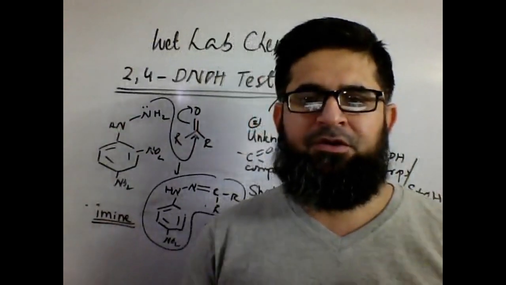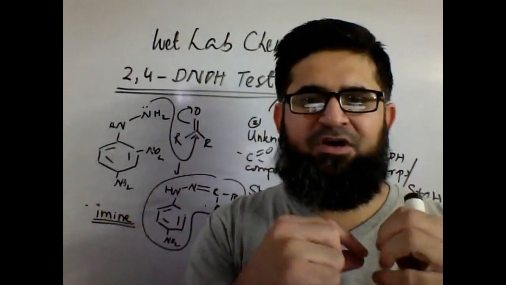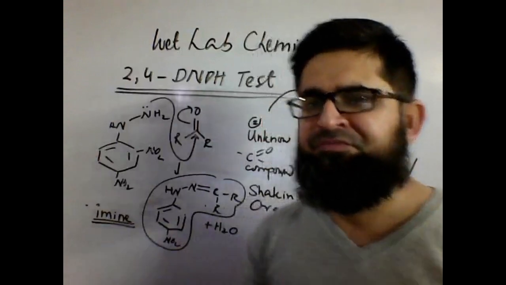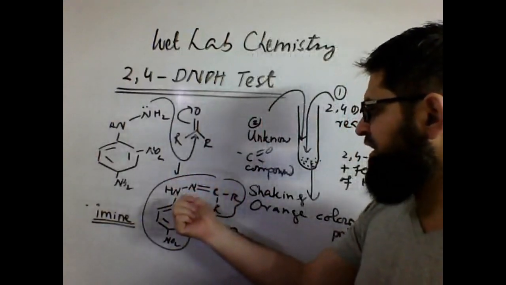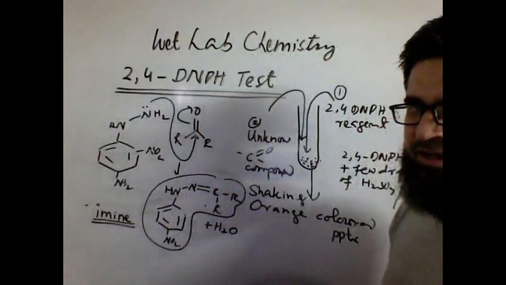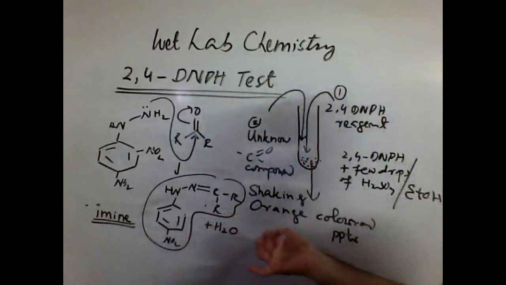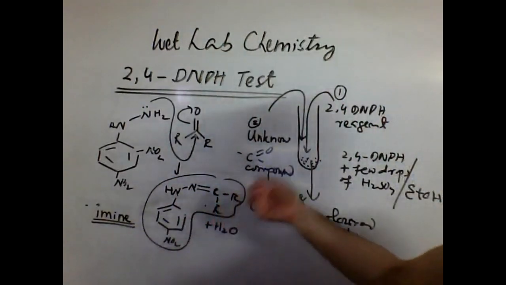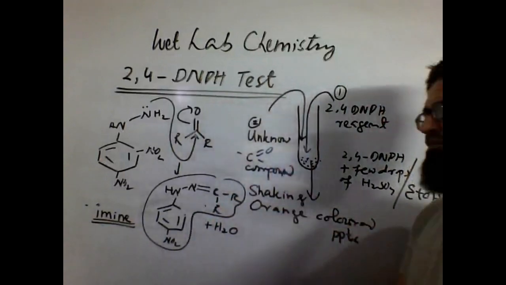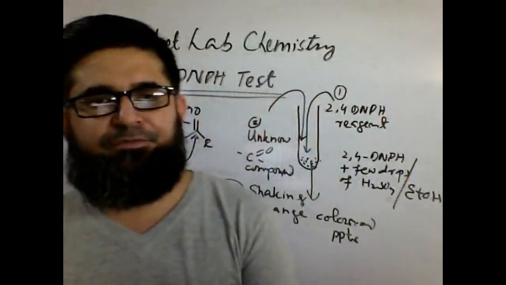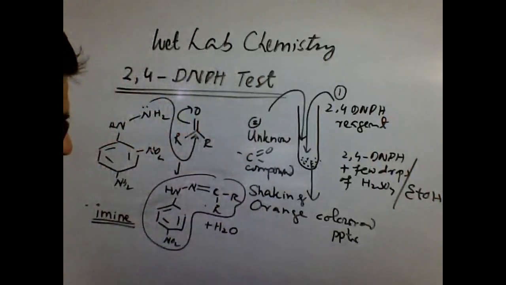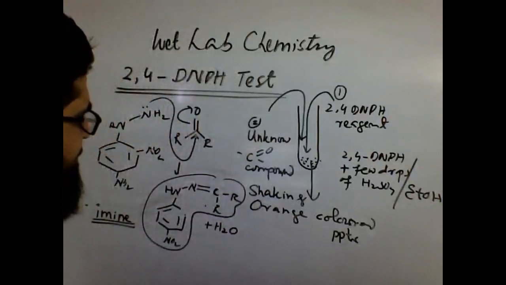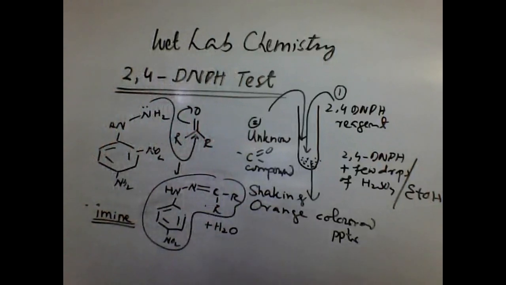If you don't have aldehyde ketones, there won't be a formation of imine, and if those imines are not present, you won't see any formation of the precipitate. So this is how the presence of aldehyde ketones is confirmed using the 2,4-DNPH test,